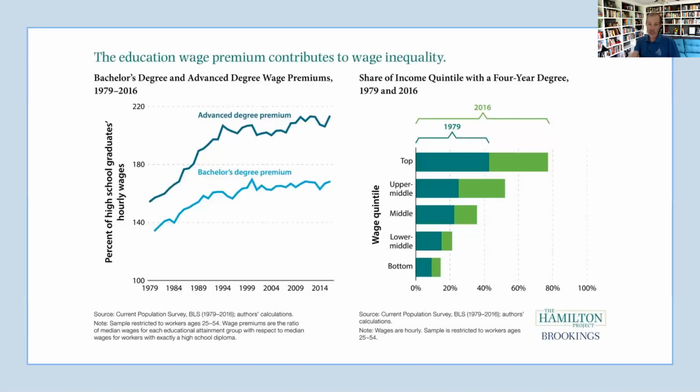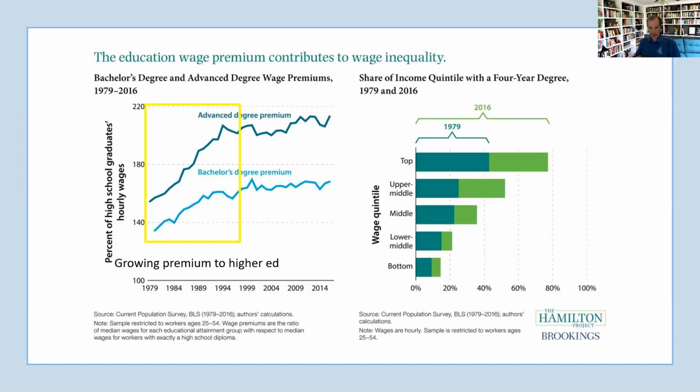We can look at some of these changes over time. So on the left here, what we're seeing is how much more money people in these categories, with a bachelor's degree or an advanced degree, make compared to someone with just a high school degree. And it's over 100%. So if they were down at the bottom here at the 100, that would be a lower comparison. And then as we get up the chart here, they're making even more money compared to people without a college degree.